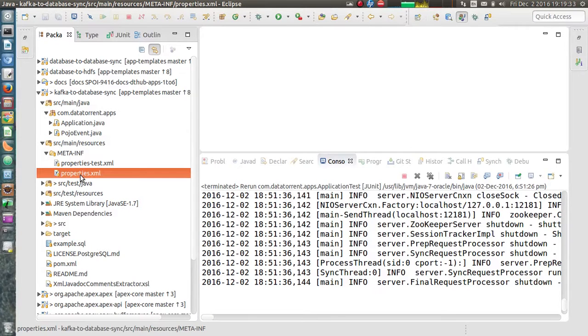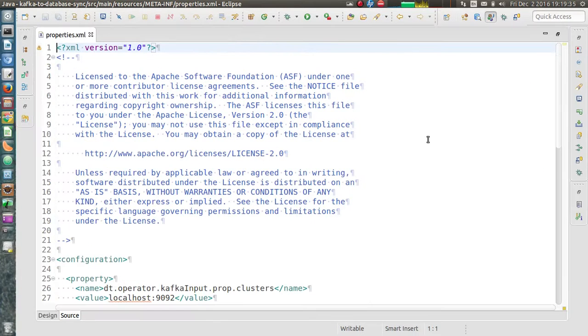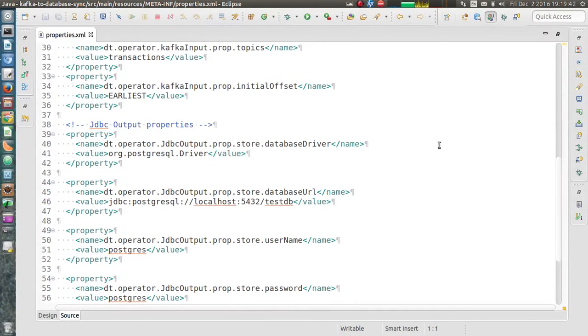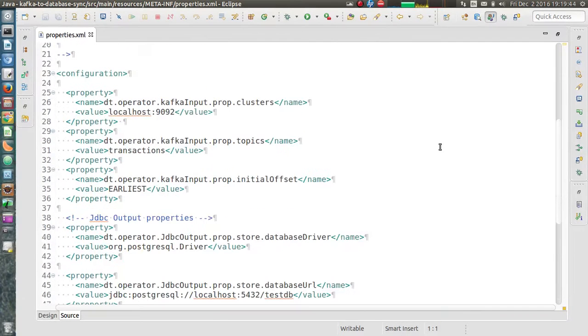Next important file is properties.xml. This defines mandatory properties for the app template which are dependent on the end user environment.